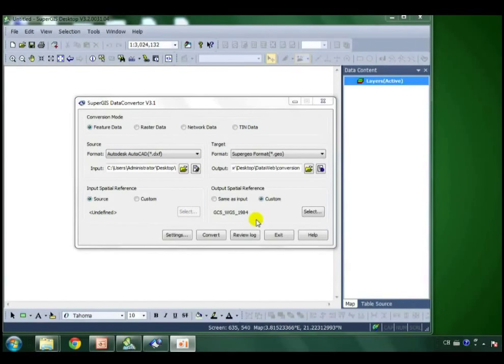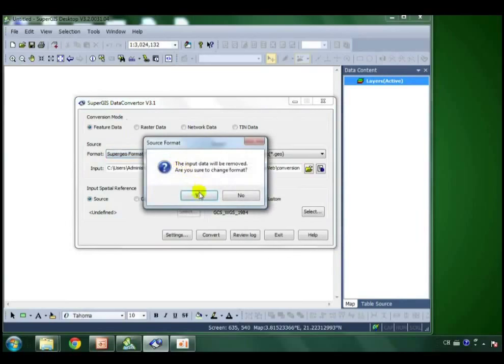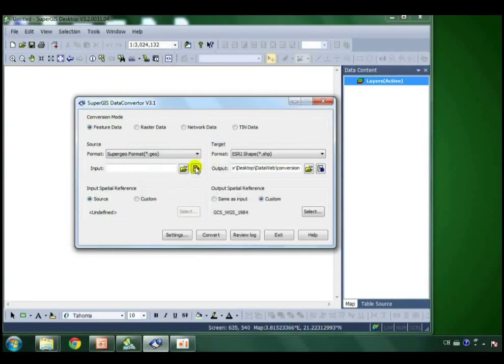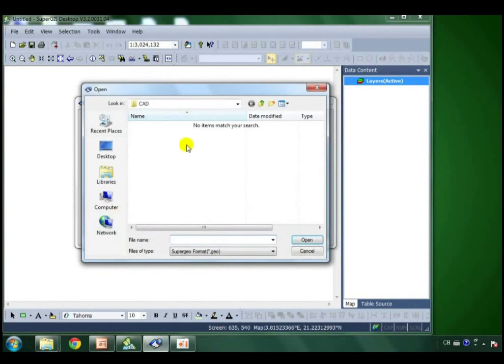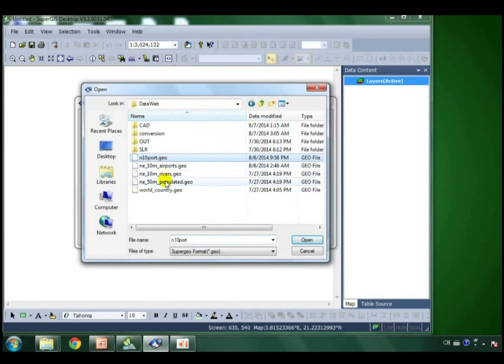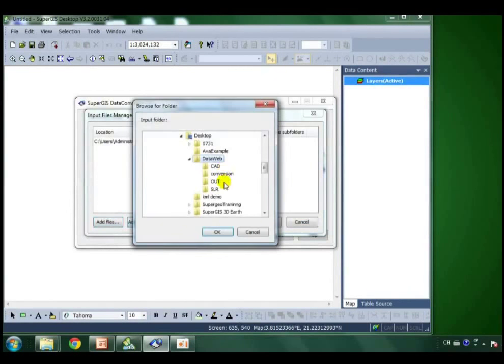If you have many files of the same format to be converted at a time, you can use the batch process. No matter which conversion mode you select, in the Source section, from the drop-down menu, you need to choose the input file format. And click this button and use this Add Files button to add the files into the SuperJuice Data Converter. Or you can add a folder